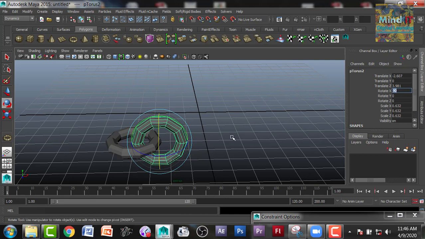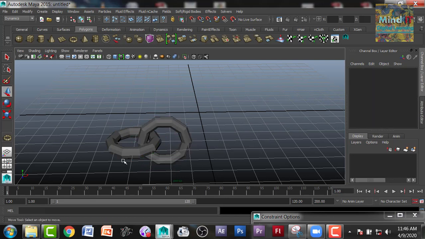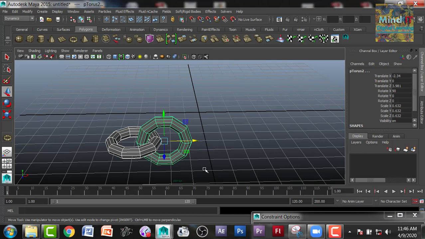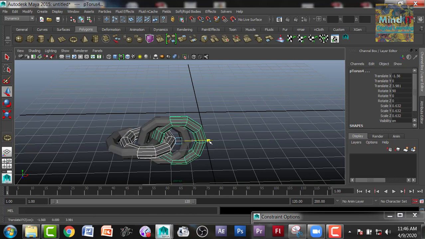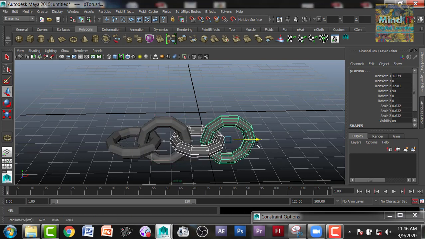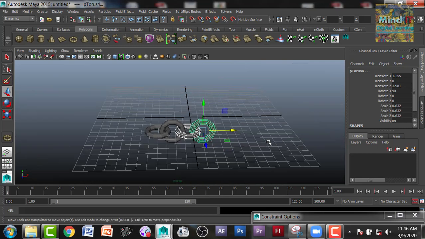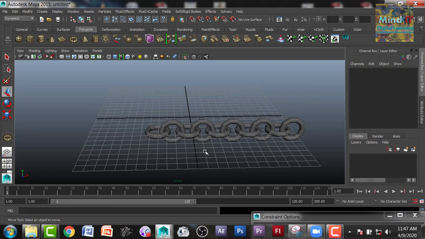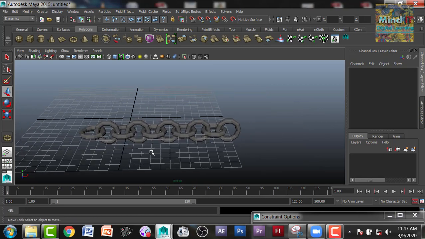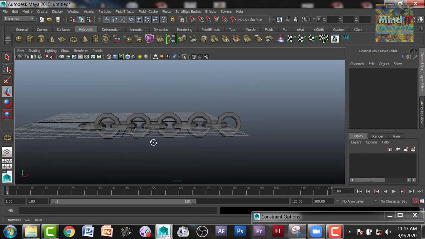Now I will select both the torus, copy once again, and shift a little bit ahead to make a perfect chain. I will copy it once or twice or thrice to make enough number of links in the chain.